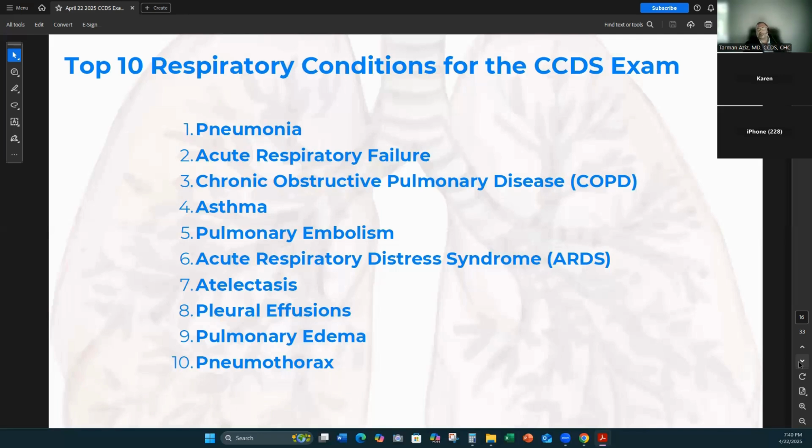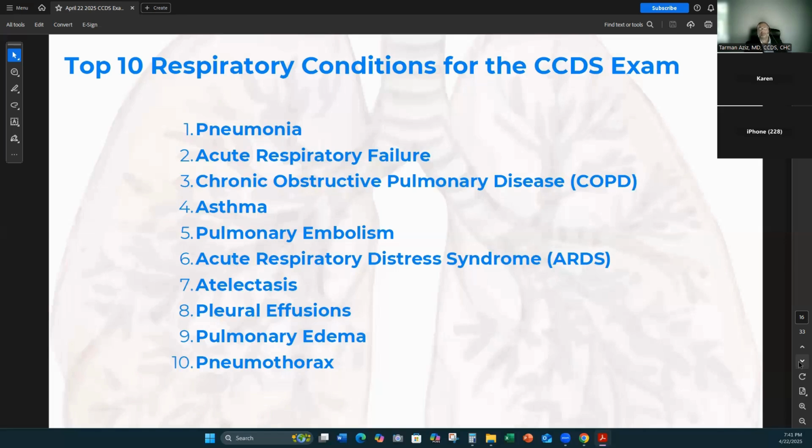ARDS should not be coded with acute hypoxemic respiratory failure. It is an additional level of specificity. So just like you wouldn't code acute tubular necrosis along with acute kidney injury unspecified, you don't have AKI unspecified anymore if you have ATN. You also don't have the generic heading acute hypoxemic respiratory failure anymore if the patient truly has acute respiratory distress syndrome that has its own code to describe it. Also tested on CCDS.